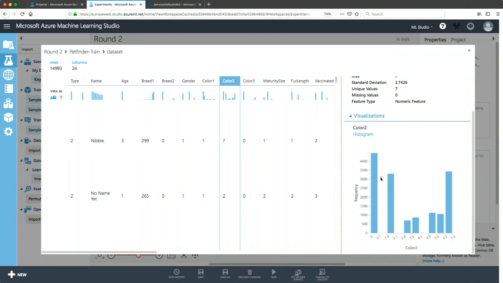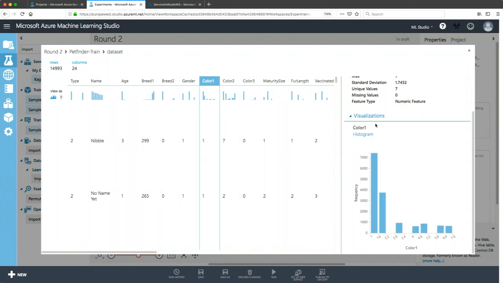However, these charts aren't exactly correct, right? Because while we know the color is not a numeric feature, the color is a category. You cannot have red and green and say that red is bigger than green. Or you can, but then, well, right? But Azure ML Studio is convinced that this is a number, and we need to find a way to tell it that it's actually not, it's a category.